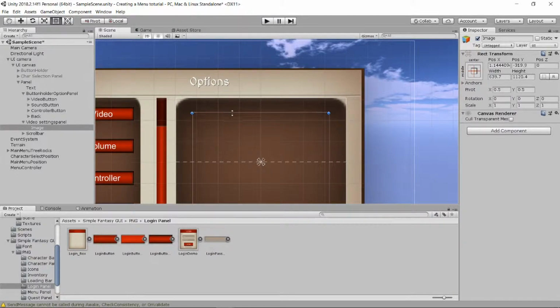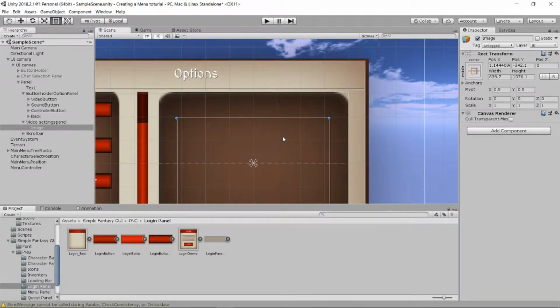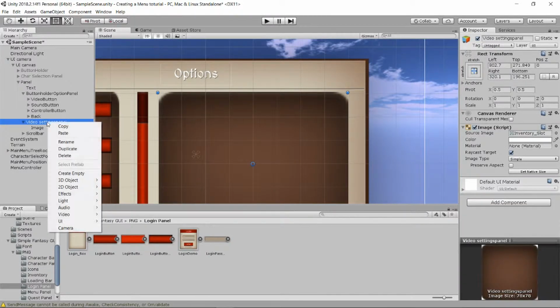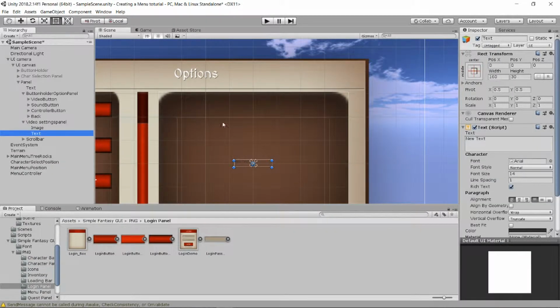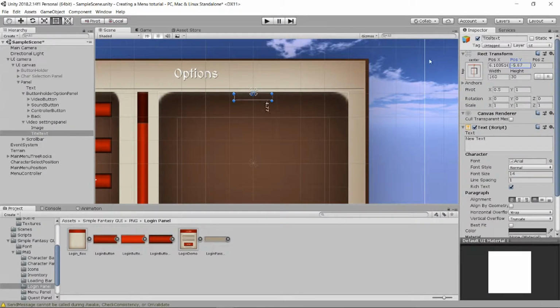So maybe we want up here to be able to see this is video settings at all time, and in here we want it to go down depending on what we're gonna do. So we will have here a UI text, and we're gonna say this one will be title text, and we're gonna take the text and pivot to the top and take it a bit down, scale it up,